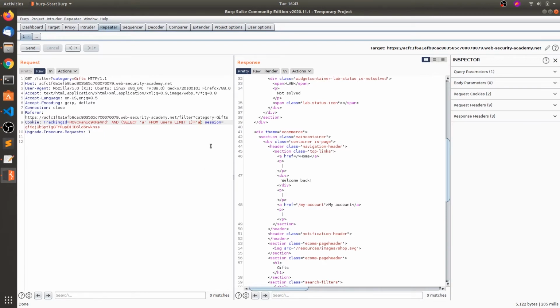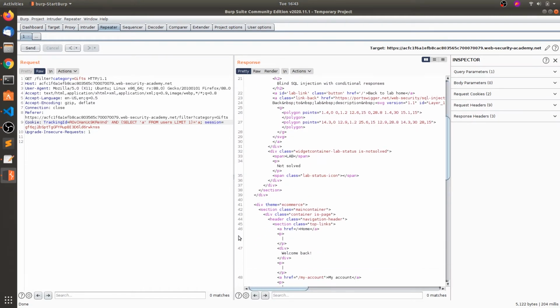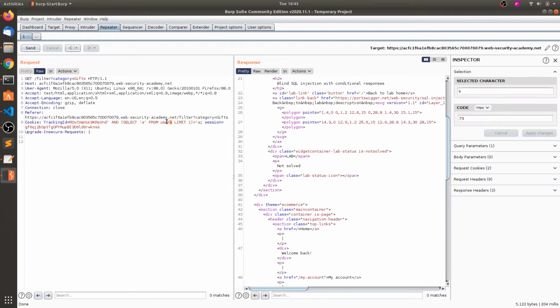Oh my god, the space. The space after this A has given me a tough time. Sorry for that. So now you can see there is a welcome back. So that means the users table exists.